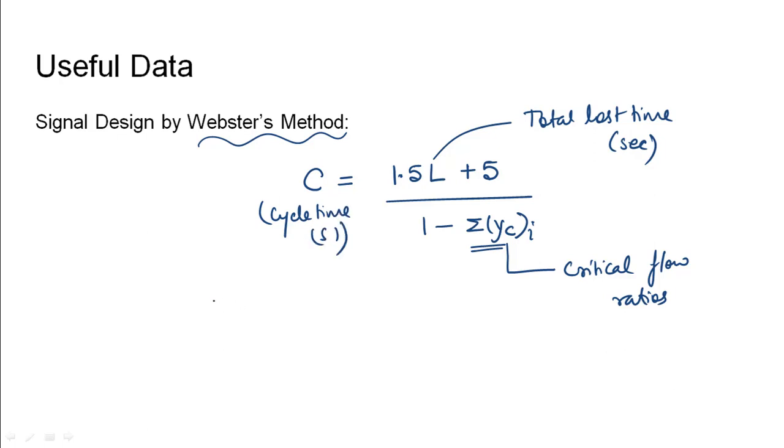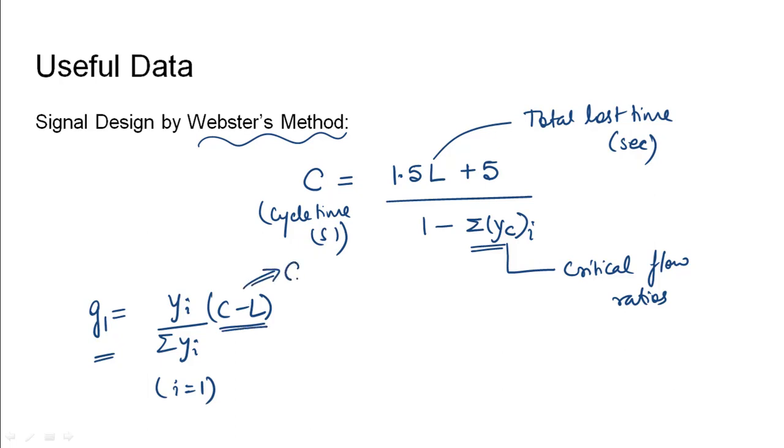Once the cycle time is known, we can find the individual green times using the formula Yi divided by summation Yi, into C minus L. Here i can be taken as 1 since we are talking about the first phase. This is done because we subtract the total lost time from the cycle time, so this is the efficient time of the cycle that is used, and this is split among the different phases in the ratios of their critical flow ratio. So in this question we have been given the total lost time as 10 seconds and